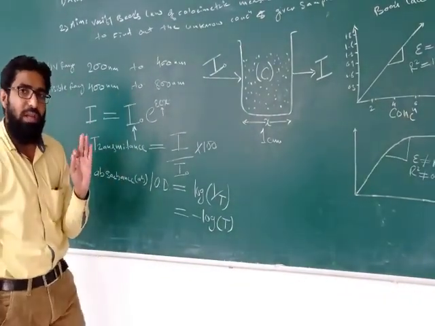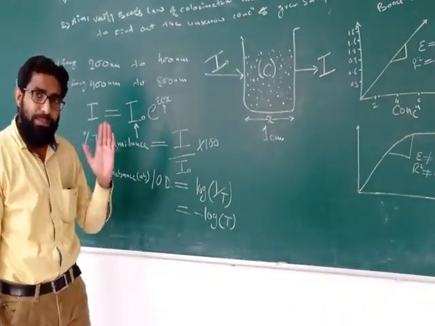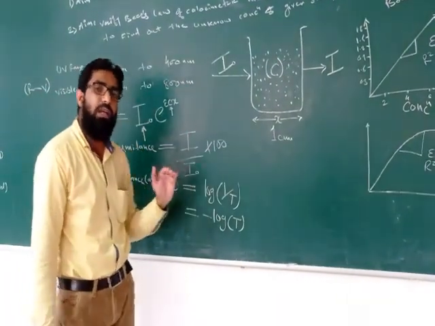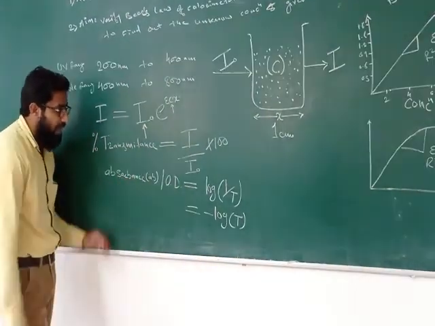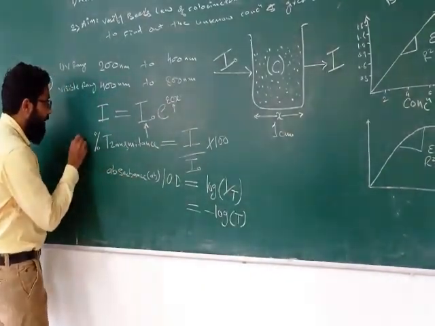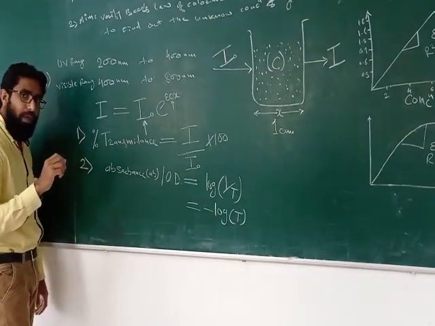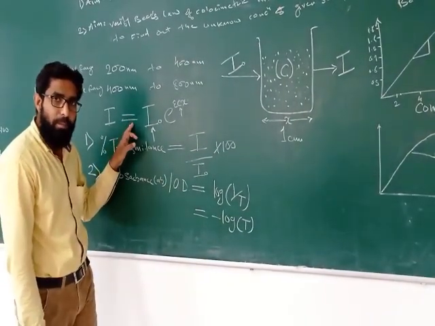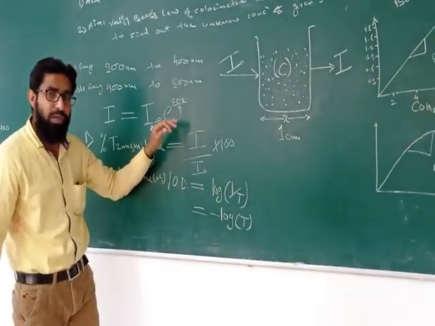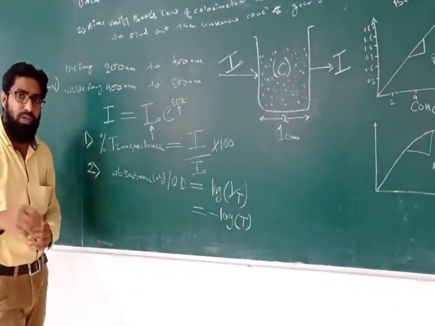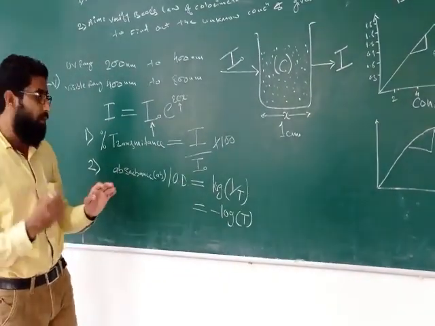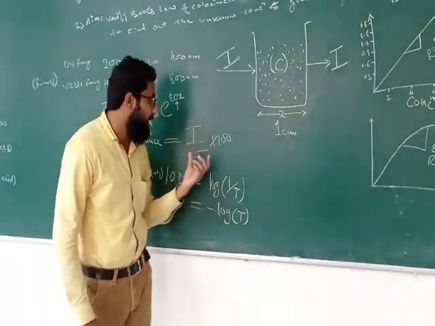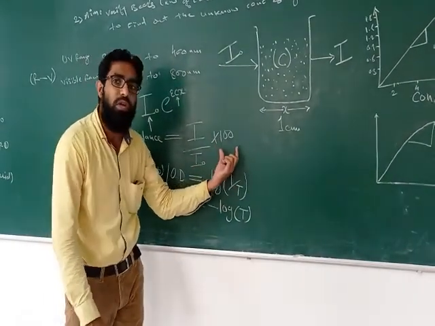By using a colorimeter we can identify the absorbance. We are going to identify the absorbance and percent transmittance. This is the absorbance. These two are the variables. This is a basic formula of UV visible spectroscopy. Based upon this formula, by using colorimetry we can identify two variables: percent transmittance, which is equal to the intensity of transmitted light divided by the intensity of incident light, times 100.